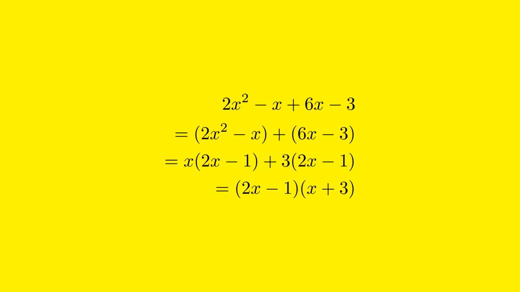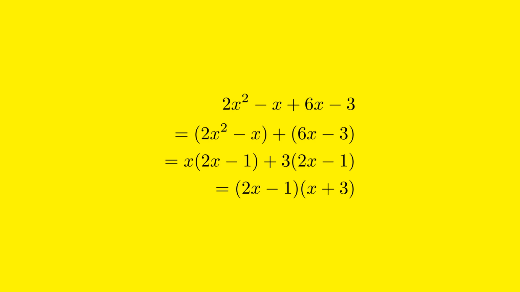Upon examining the factors of 6, we identify 1 and minus 6 as a pair to try. 1 multiplied by minus 6 equals minus 6, and 1 added to minus 6 gives us minus 5. However, our goal is to find a pair whose sum is 5. Therefore, if we change both signs, instead of 1 and minus 6, we get minus 1 and 6, and these satisfy our conditions. The next step in our solution is to rewrite the original expression, 2x squared plus 5x minus 3,